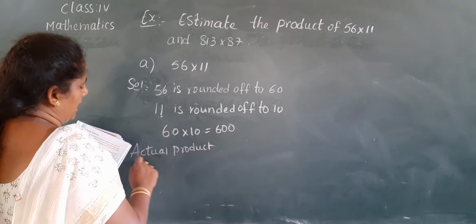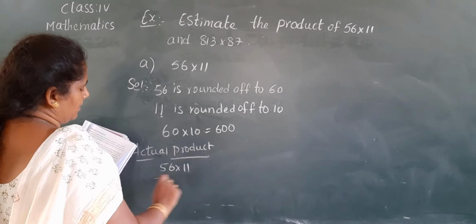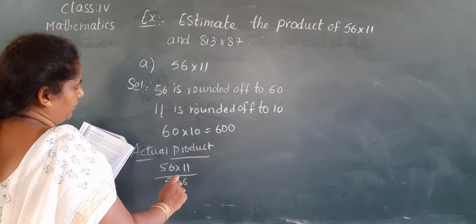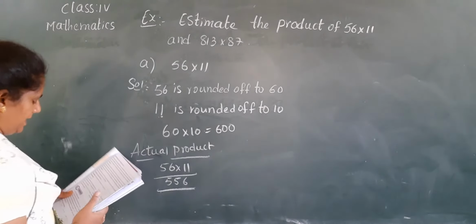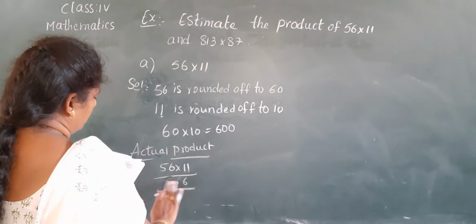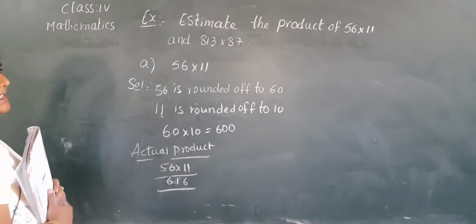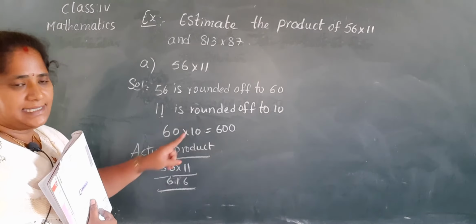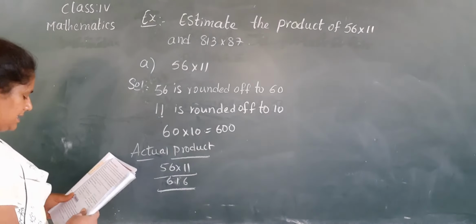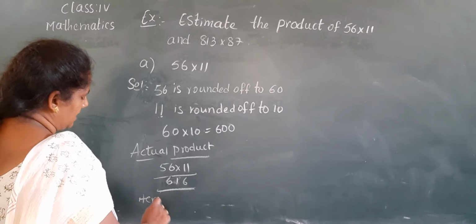But the actual product, come on, multiply 56 into 11. 11 6s are 66, 11 5s are 55, plus 6. So it is 616. So which is close to here? 616